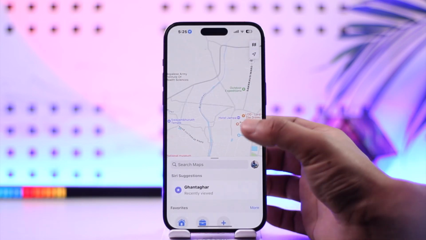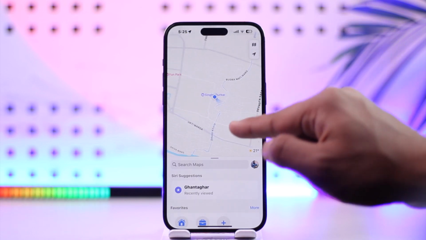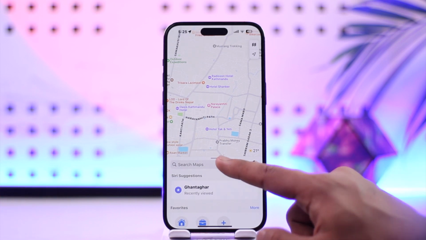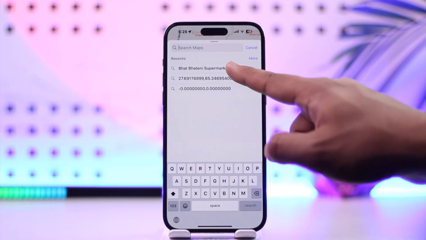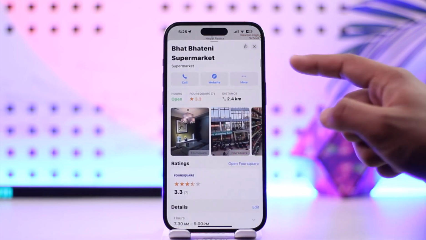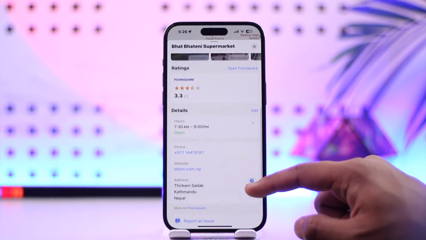Using Apple Maps is somewhat like using Google Maps. Whenever you open the app, you just tap on this location icon to view your current live location here. Now if you want to go somewhere from your current location, you can simply tap on the search maps option, select a location that you want to go to, and then here you'll see all the information of that particular location. You can call them, you can see their website, but since we want to travel there, you can